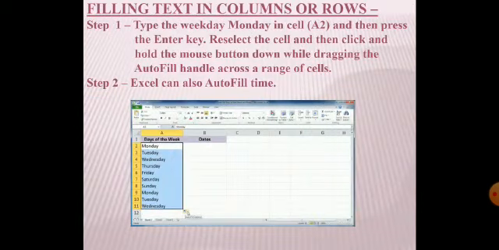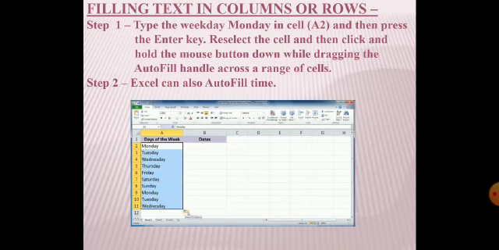Like this, we can fill text in columns or rows. Excel can automatically fill common text in a column or row, for example, our days, months and time. We will see some steps to fill text in columns or rows.